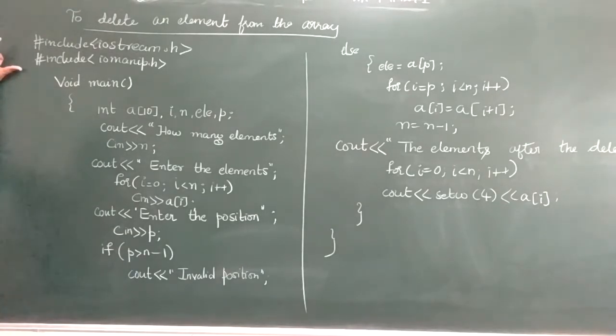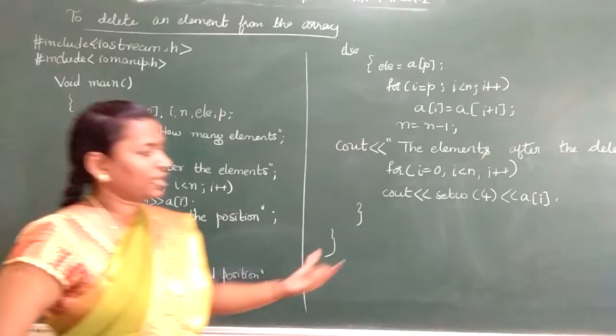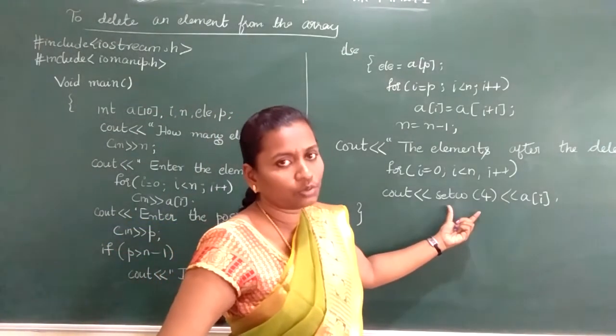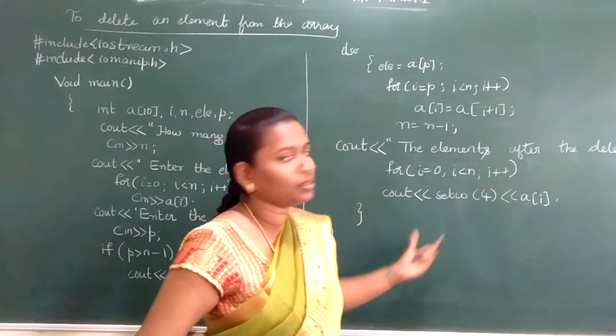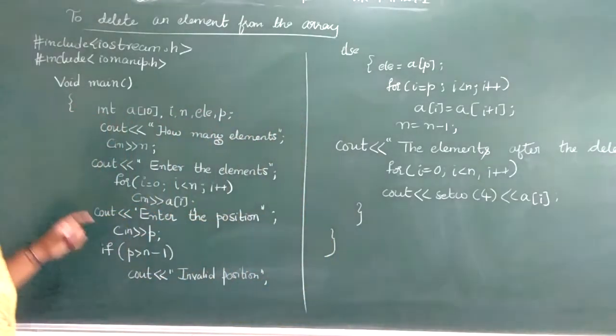We have the header file #include iostream.h. Why do we need this header file? To include the input output stream. For all your cin and cout, the console in and console out, we use iostream. You are supposed to include conio.h for your clear screen and getch function calls. Now I have used a manipulator, setw, and so on. If you use it in your program, you are supposed to include the header iomanip.h.